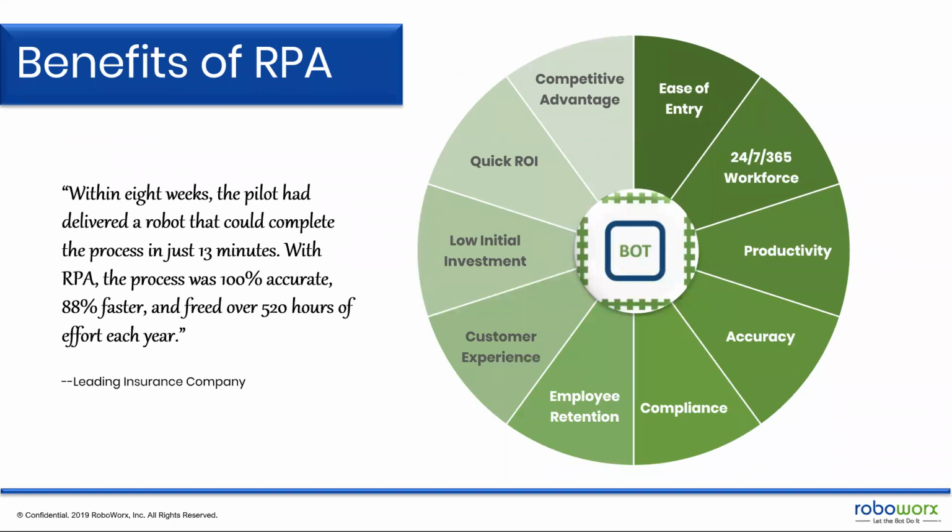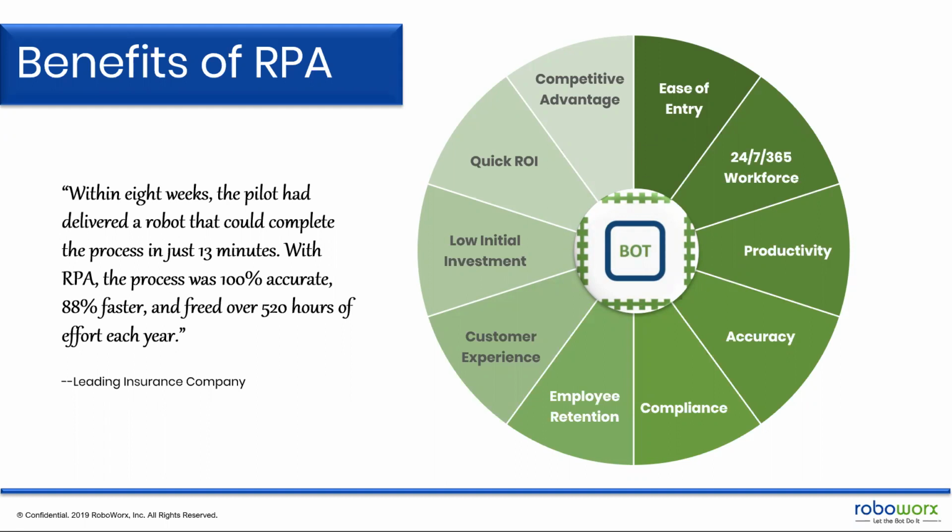Let's look at those. There are so many benefits. It's crazy. So I'll start up here on the dark green where it says ease of entry. And if you think about the slide I showed a few moments ago, where RPA is the entry level into automation, that's what this means by ease of entry. It's not very disruptive to IT. It's a low cost of entry. So it's a really good way to get started with automation.